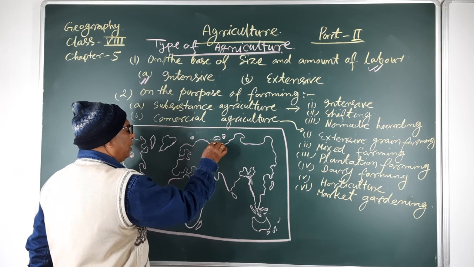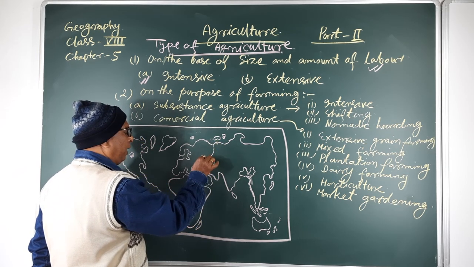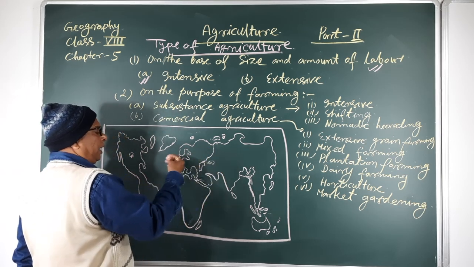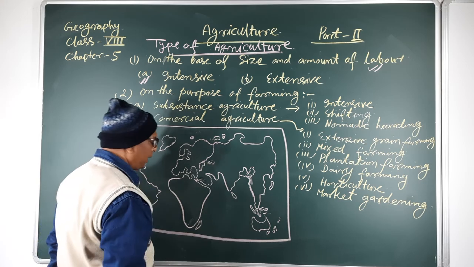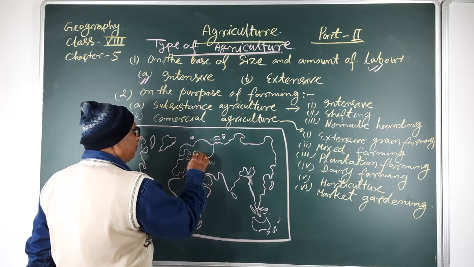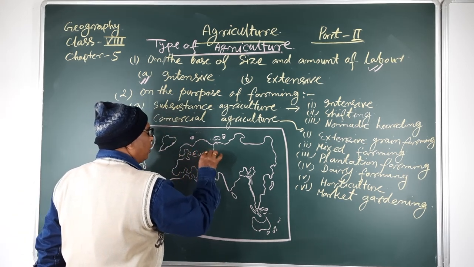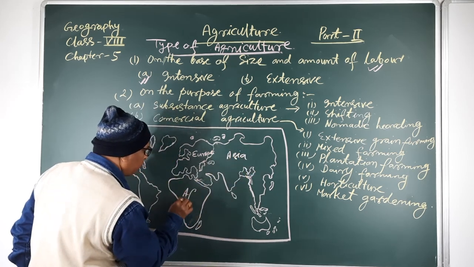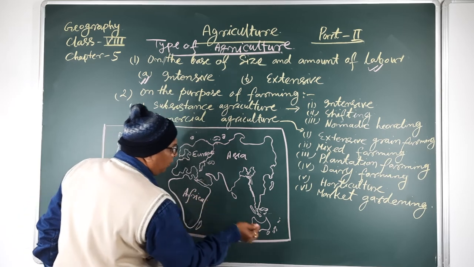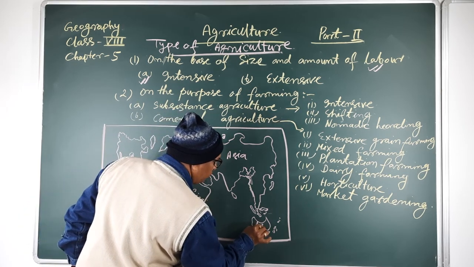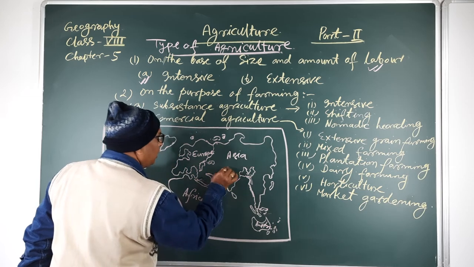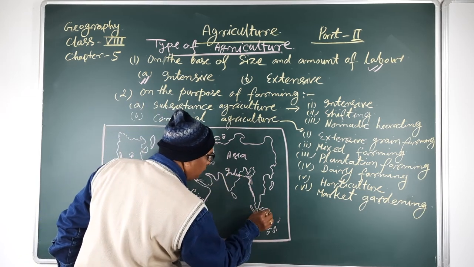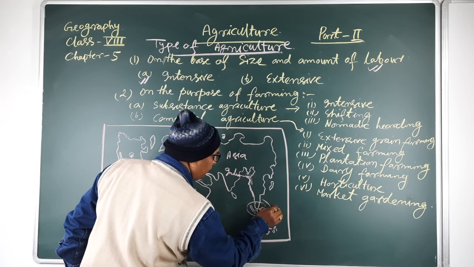Sea, and it is divided by the Ural Mountains, which separate Europe from Asia. Here is Europe, here is Asia, Africa, Australia, India, Indonesia, these islands, Indonesia,